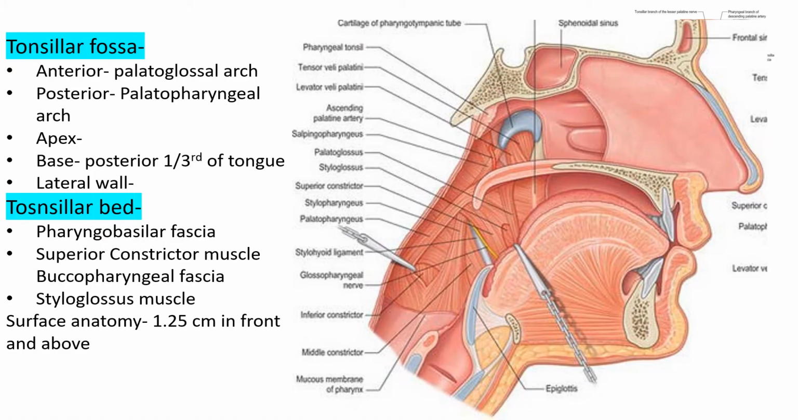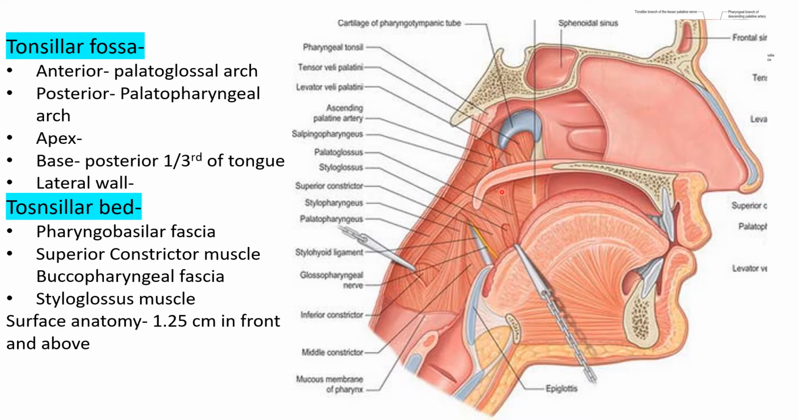So this is a sagittal section. Here we can appreciate the boundaries of the tonsillar fossa again, and we'll see what are the structures forming the tonsillar bed. So this is the soft palate, hard palate. So oral cavity, this would be the pharyngeal isthmus here. So this part, this is the oral